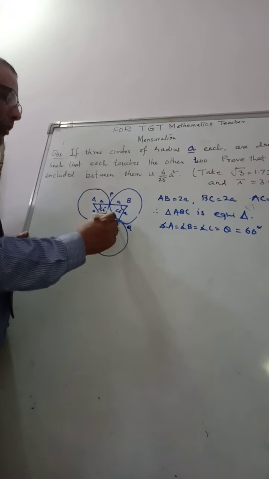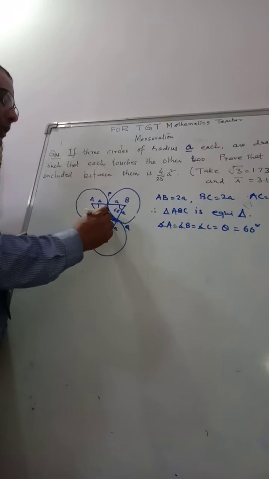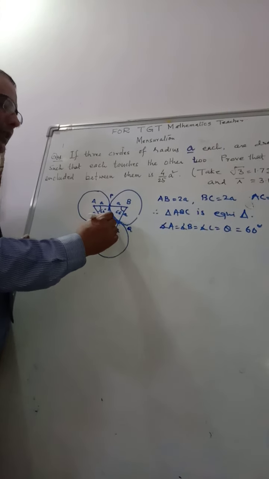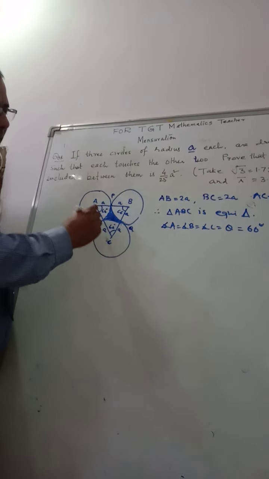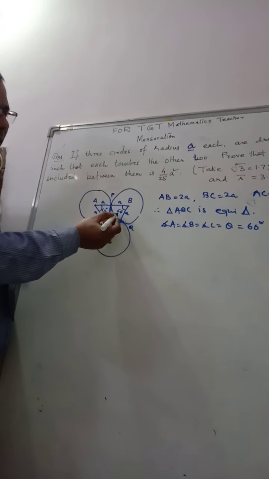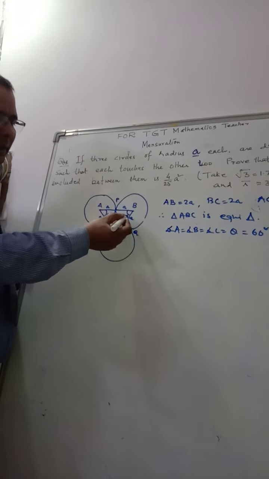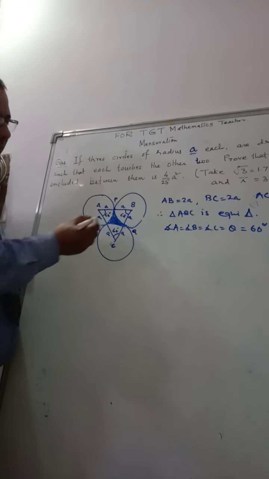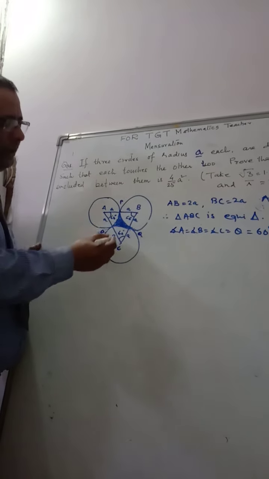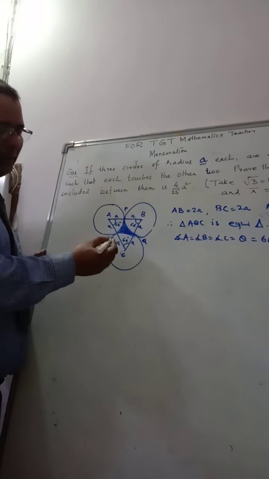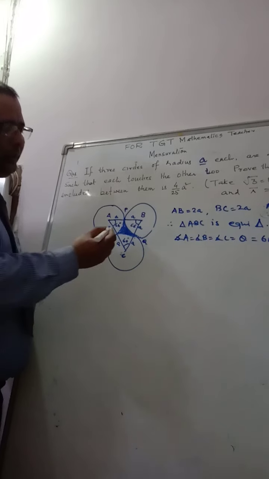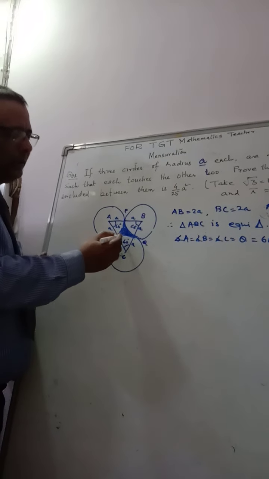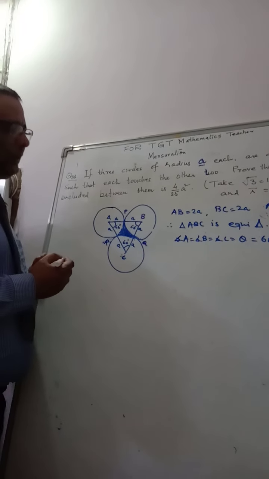We will have to find the common region between all the three circles. Okay, so we will have to find this area, this common region. The triangle area is more than the area of the three sectors, whose sector angles are 60 degrees. So now we have to find out the area of the three sectors as well as the area of the triangle. If we find the area of the equilateral triangle and subtract the area of the three sectors, we will get the area of the shaded portion. Okay, now you are understanding this.